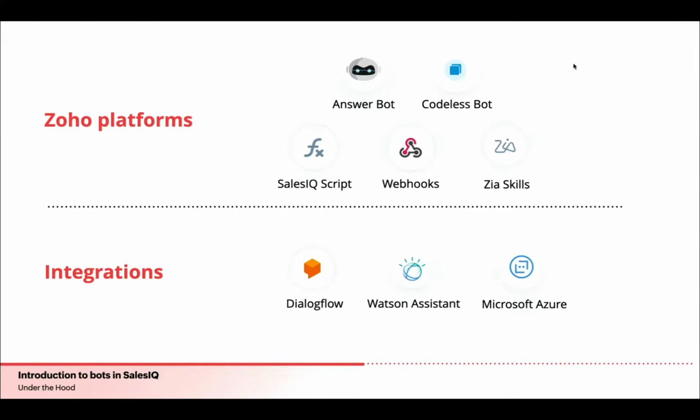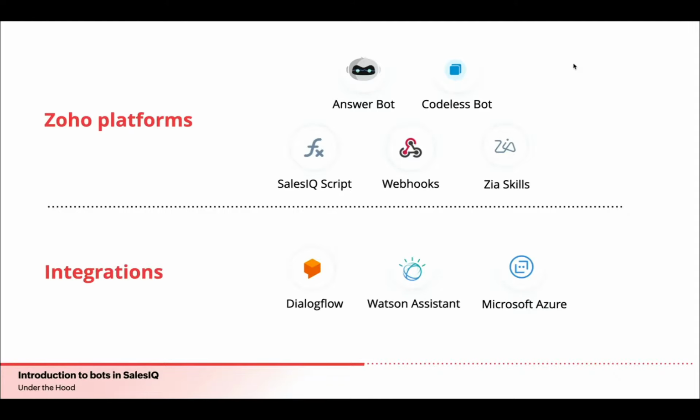So if you need simple AI-based message passing and related actions, you can choose this platform. Next, we have in the limelight our star of the day, answer bots that work based on your knowledge base. I'm not going to tell you a lot about the platform right away because I want to keep the surprise a little longer. So I'll tell you about every aspect of this platform once we're done with all of the